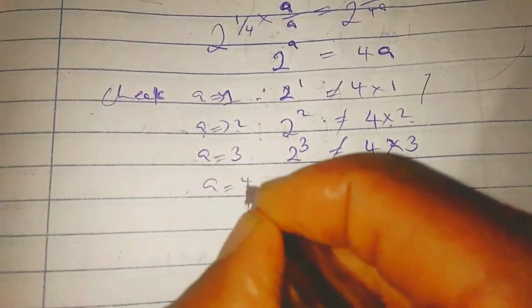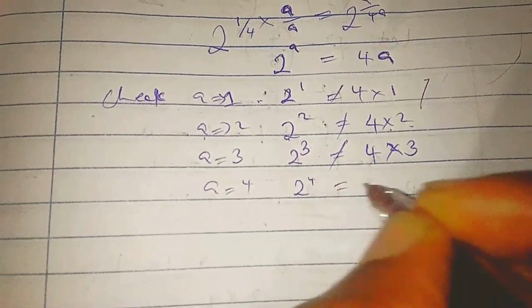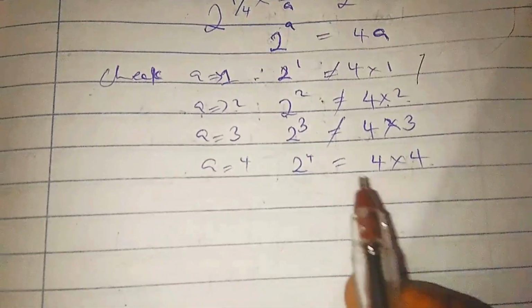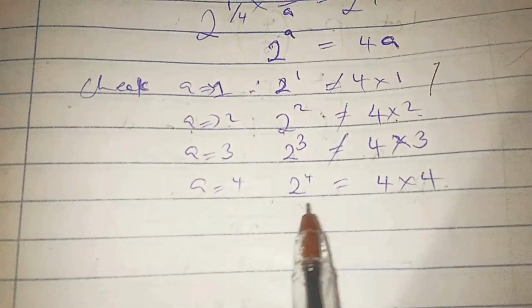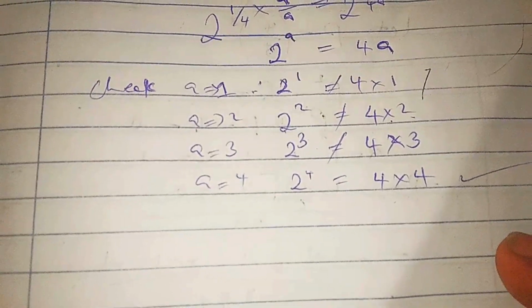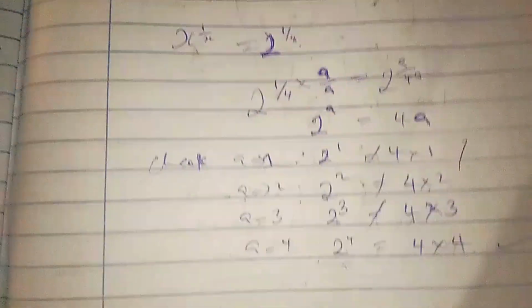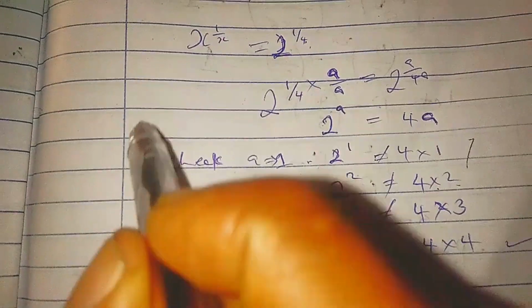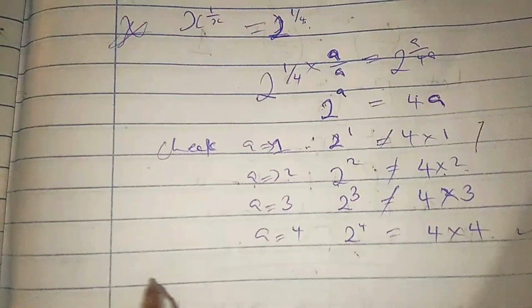So let's say a is 4. 2 raised to power 4 is 16, and 4 times 4 is 16. So it means that our a is actually going to be 4. So coming back to this place,